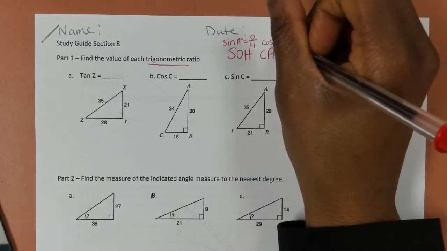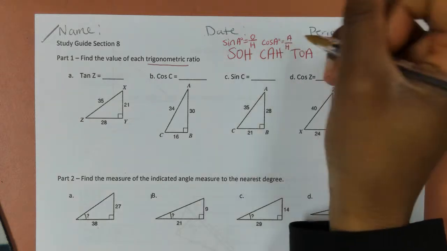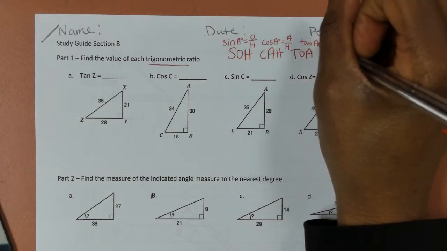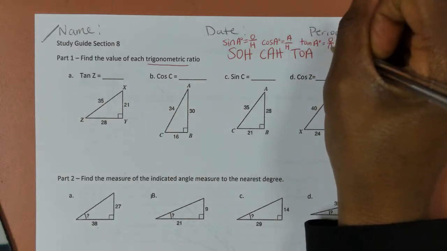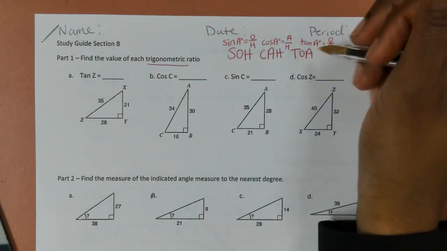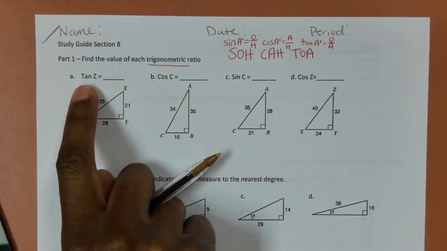Cosine, same thing, with the angle, reference angle. The A stands for adjacent, H is for hypotenuse, that's in your notes. And tangent, same thing. So please reference your notes for what these things stand for: opposite sides, hypotenuse, and adjacent side. So what you want to look for is for the first one, you're looking at tan,